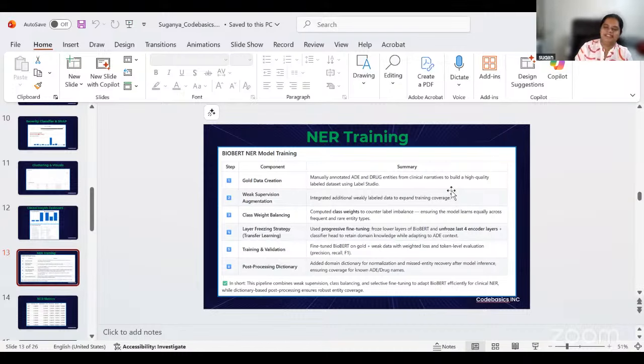This was a real-world thing which I saw, like how to balance imbalanced data sets and how to train your model using layer freezing. Because I don't have a GPU on my system, I had to use Google Colab, and it was always timing out, so it was very tough just with the training. Once the training was completed, I got the confidence and went ahead with the Streamlit integration. This was a very good challenge. I would recommend everyone to take it up if you want to learn from start to end.